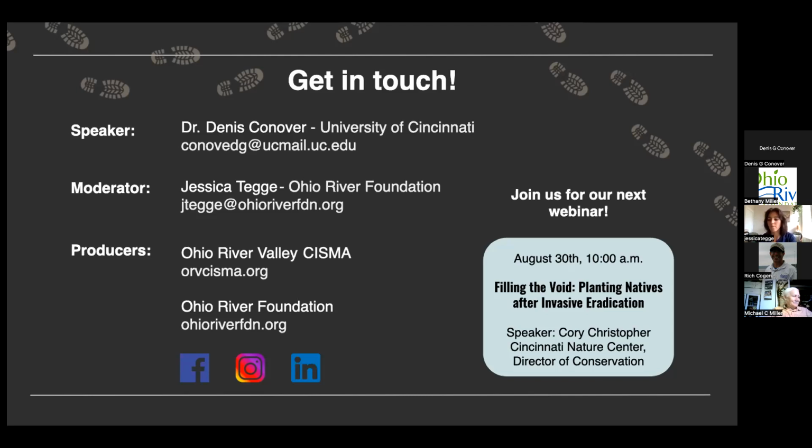The loss of the ash trees was devastating, and that opened up opportunities for invasive plants to invade those open areas. I can show you many examples of where the ash trees died, areas that are now covered with Amur honeysuckle and English ivy, winter creeper. So hopefully some native trees will be able to fill the void left by the dead ash trees. That's sort of what happened when